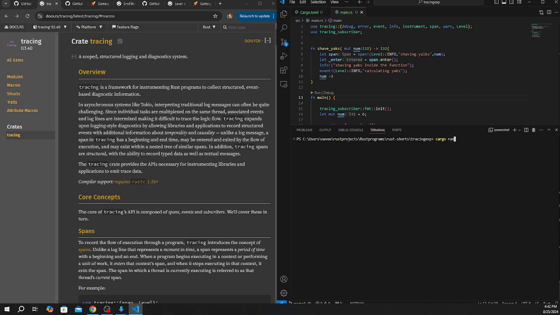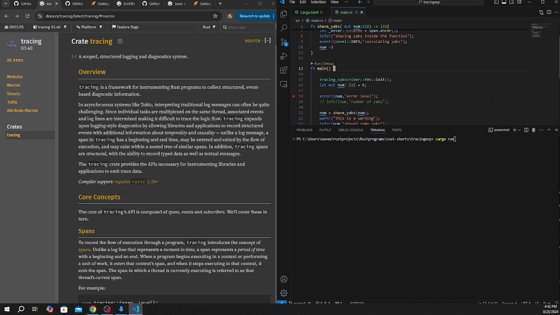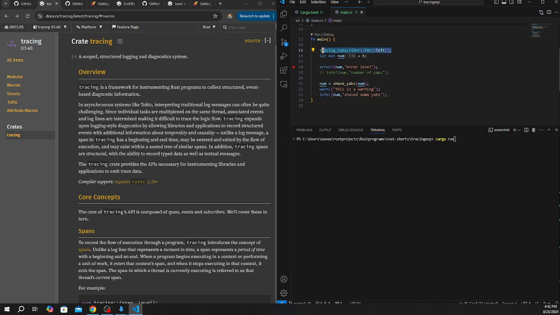So let's run this and see how that is. Basically, this is the main program. I'm subscribing the tracing that is required in order to log the details. So this is a small program, and I'm logging error